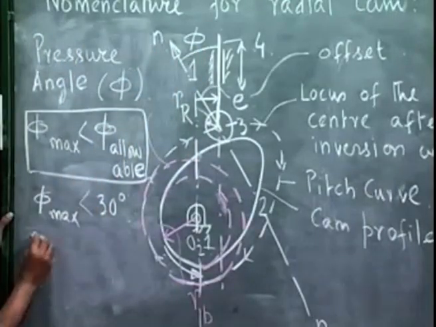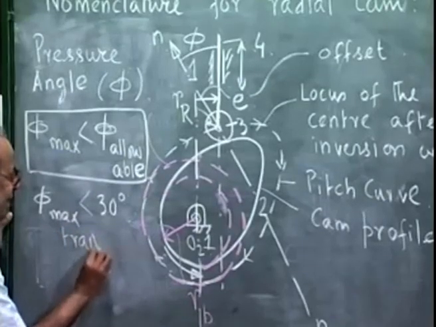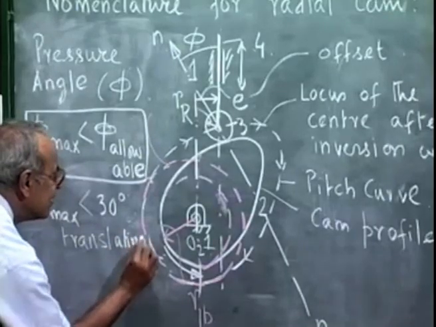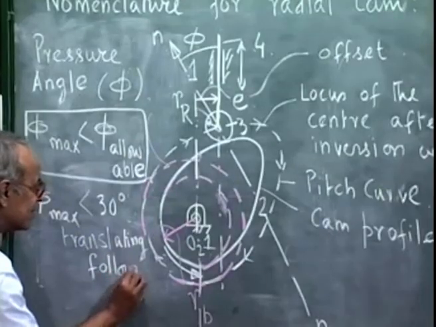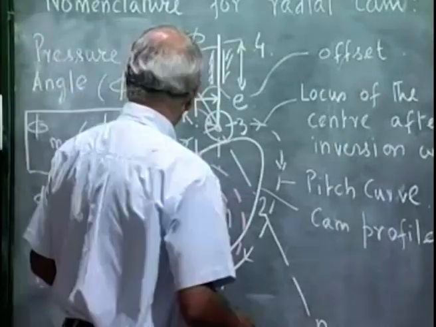And for oscillating follower, this is for translating follower, phi max should be less than 30 degree, whereas for oscillating follower,